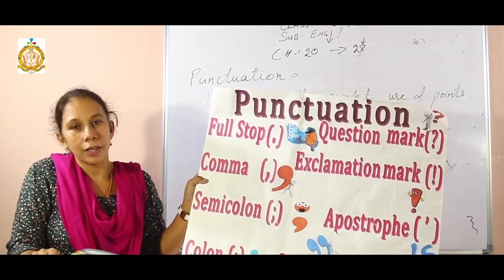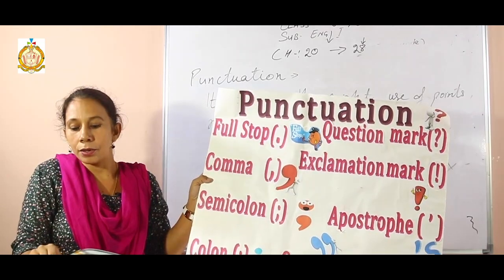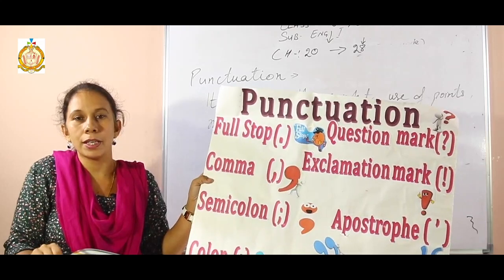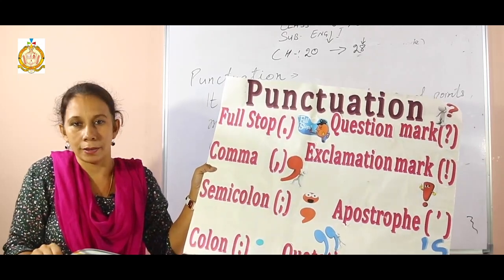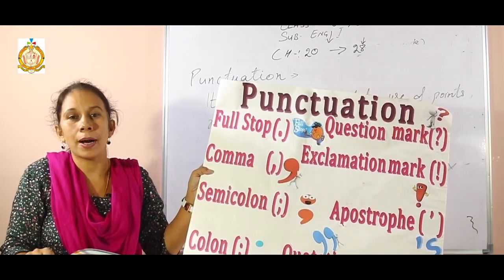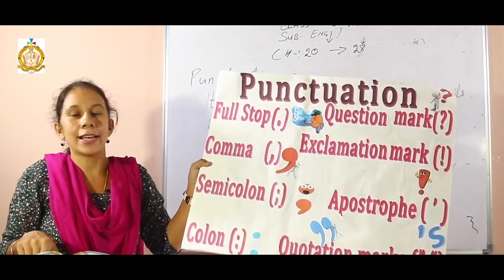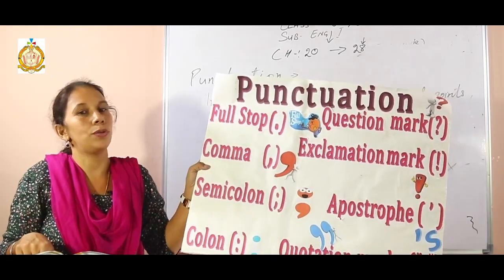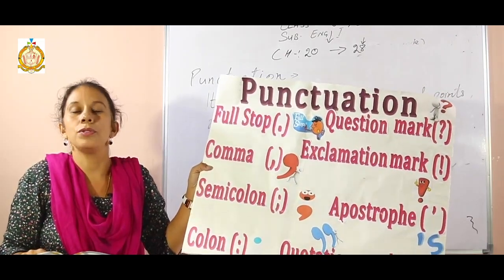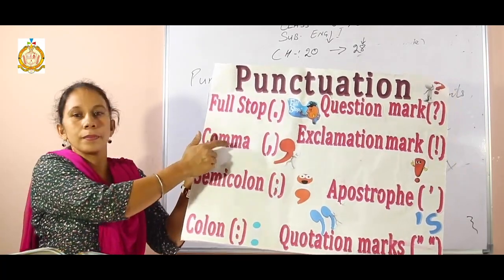Next, a comma is also used to separate phrases and clauses, and to introduce a direct quote. When you want to give someone's direct words, you can use a comma there. For example, I said that Rita said, welcome to my party. The exact words of Rita are welcome to the party. So for the exact quotation or exact words you can use a comma. The next use is to give extra information about the subject. When you want to give extra information on any subject, you also use a comma.